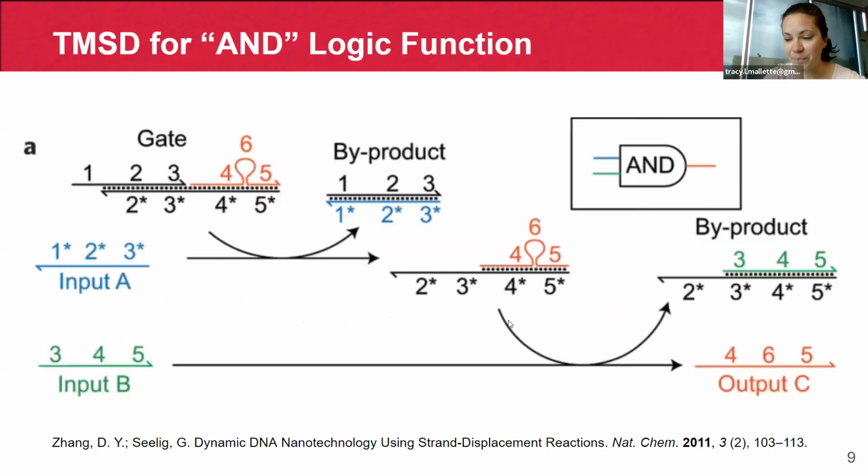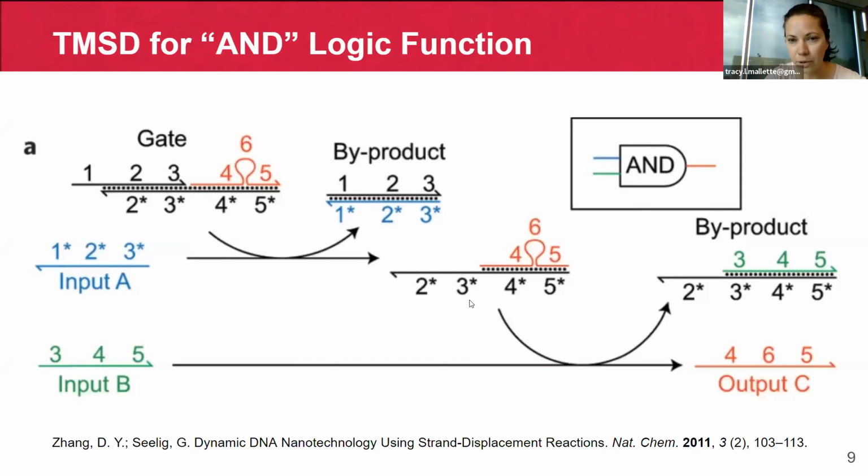So let's look at an example of using TMSD to implement the logic function AND, where two different input signals must both be present to release the output signal. So first, your input A is going to come and bind your gate. The gate is the duplex that's already been formed at the one domain toehold, and it's going to undergo toehold-mediated strand displacement, and then you'll end up with this byproduct duplex, and you'll have your gate now exposing the 2